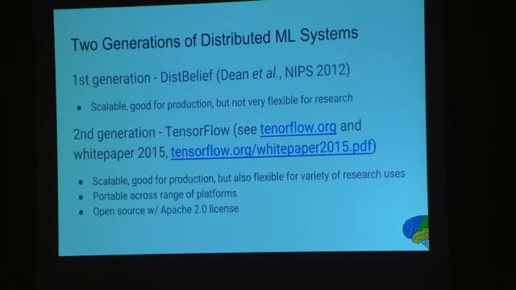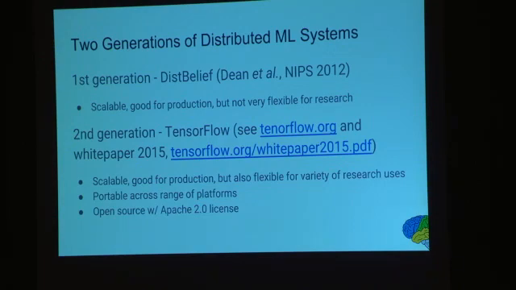So we've developed over the past 4 years or so 2 different generations of big scalable distributed systems for doing machine learning, and in particular neural nets. The first system we developed was called DistBelief, and we published a paper about it in NIPS 2012. That system was quite scalable. One of the papers we published about it used 16,000 cores to do unsupervised learning to produce pretty pictures of cats. So it was really good for production use and very scalable, but it tended not to be that flexible